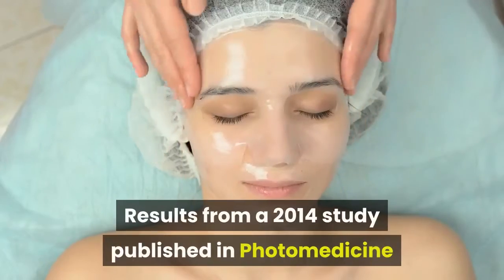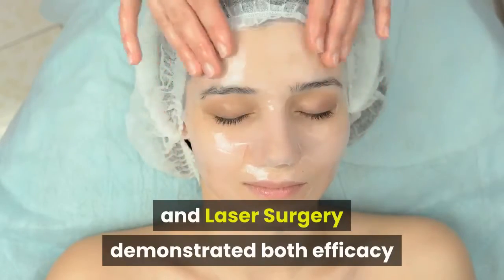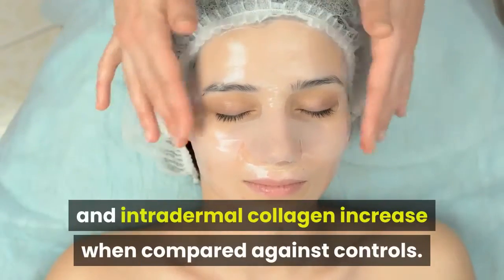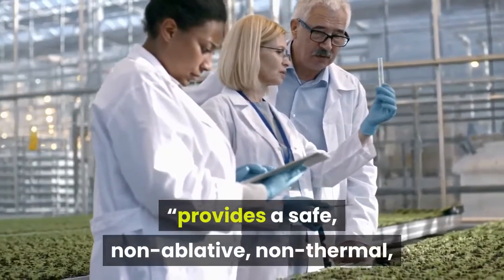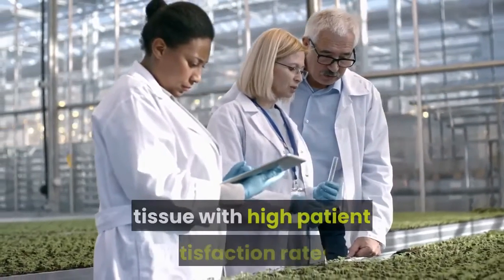Results from a 2014 study published in Photomedicine and Laser Surgery demonstrated both efficacy and safety for red light therapy in promoting anti-aging skin rejuvenation and intradermal collagen increase when compared against controls. Researchers concluded that red infrared therapy provides a safe, non-ablative, non-thermal, atraumatic photobiomodulation treatment of skin tissue with high patient